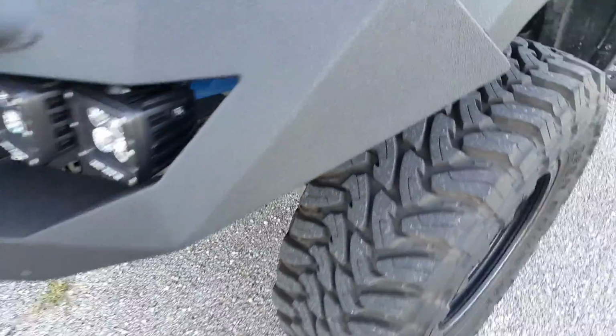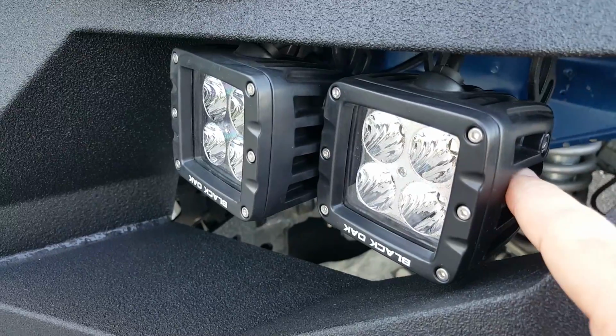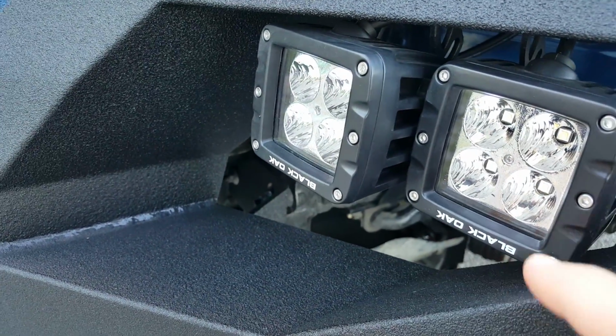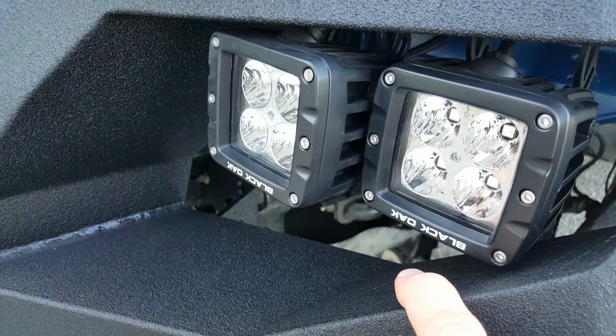Black Oak makes a really good product, very comparable to Rigid. Their mounting brackets are a little bit different than Rigid, but these lights are actually made for the Vengeance bumpers as well. And if you guys like, I'll do a video on how they instructed me to turn these around, because you can turn the faceplate around, but you got to be careful how you do it. So there, again,